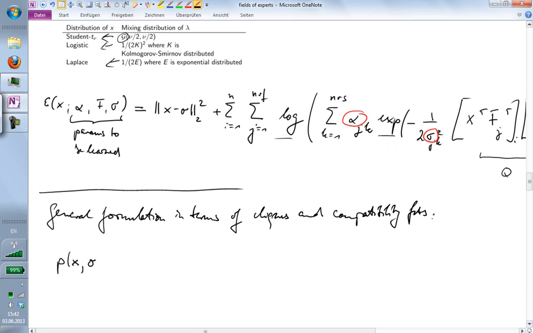Probability of the hidden states X and observations O given a particular parameterization is the likelihood of your observations given your hidden states times